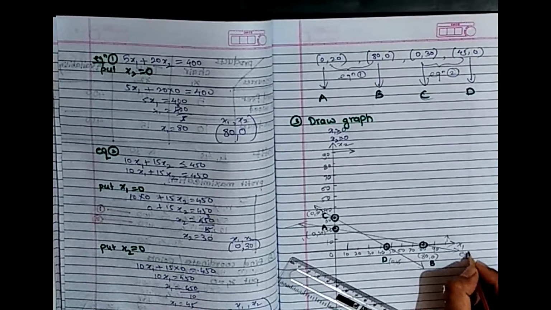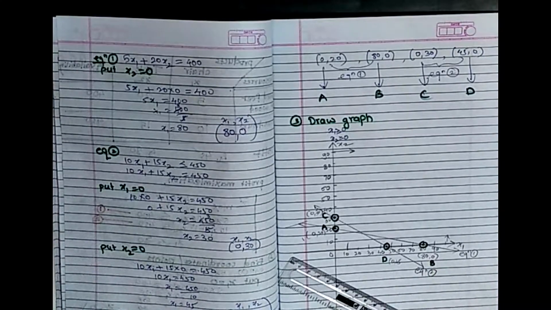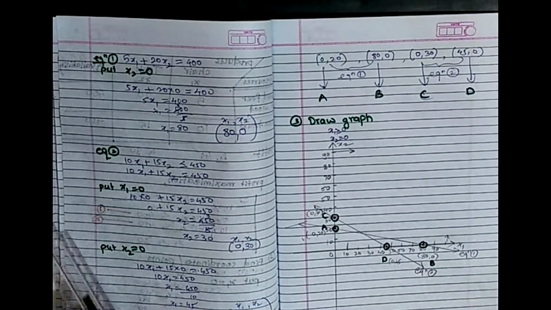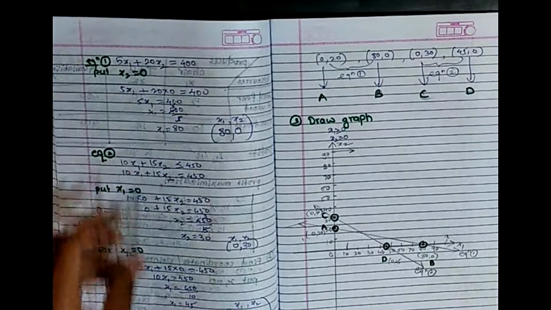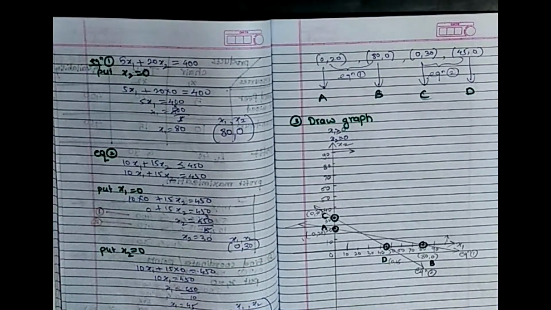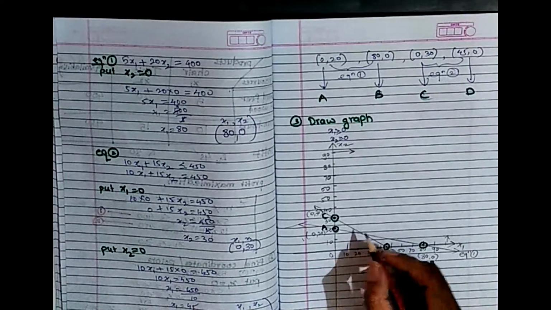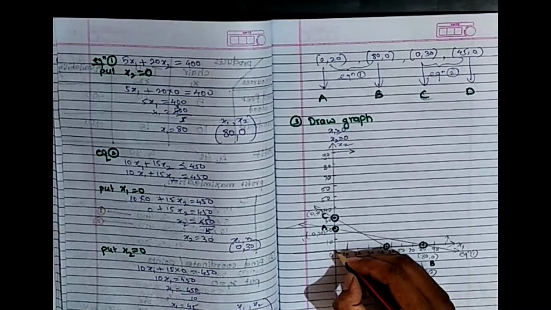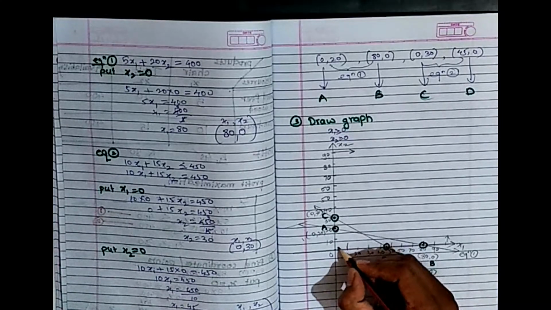This is equation 1. This is equation 2. Now the next step is we have to find the feasible solution on the graph. The given problem is to find the maximum profit. Easiest thing we can say is that whenever we want to find the maximization of the given problem, our feasible solution will lie nearest to our origin. So the nearest area to our origin is this area,